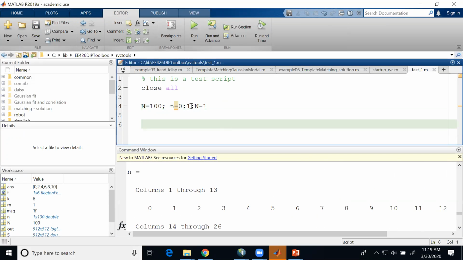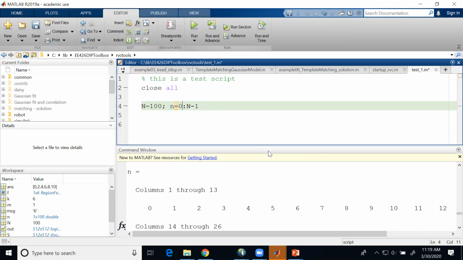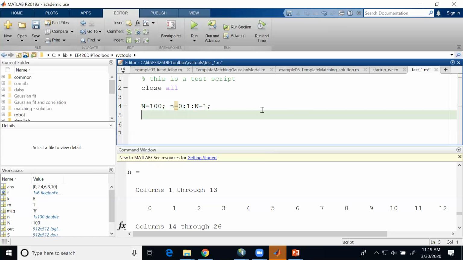When the step is 1, I don't need to specify it. So I could just write 0 to n minus 1, because step equal to 1 is the default. But I'm going to put step equal to 1 just for completeness, and semicolon. Then I make a vector x equal